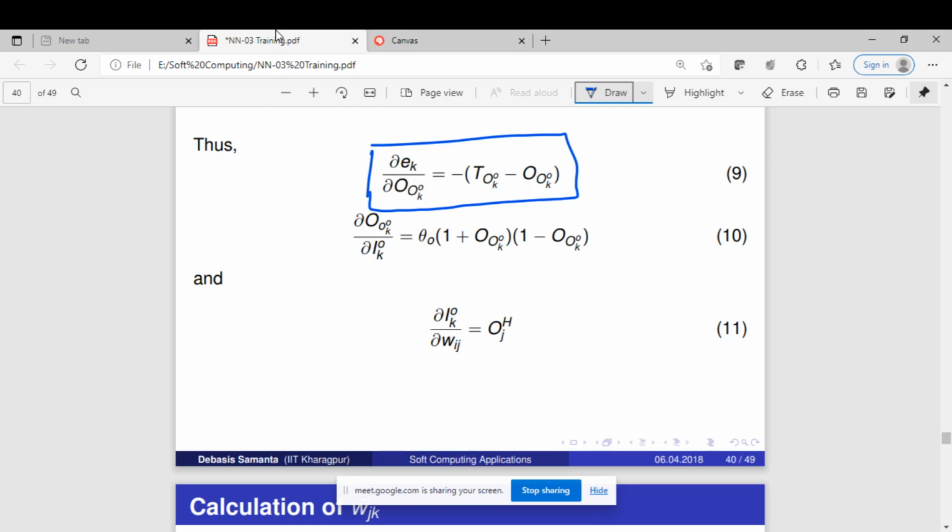So the output of the kth neuron's output layer, after differentiating, I mean, after changing the weight, what will happen in the sense, you can just add 1 to that previous output and subtract this output from 1, and if you do this operation, you will get it, right? So that's the reason we are representing it in this way.